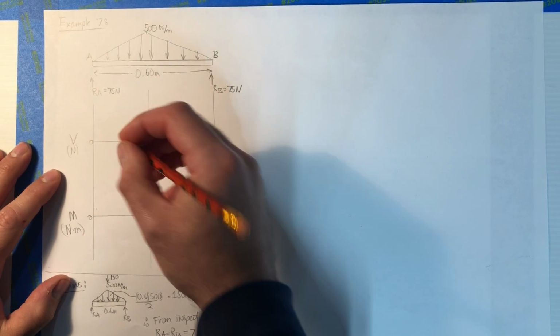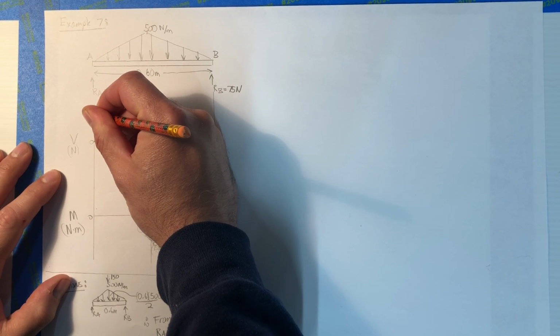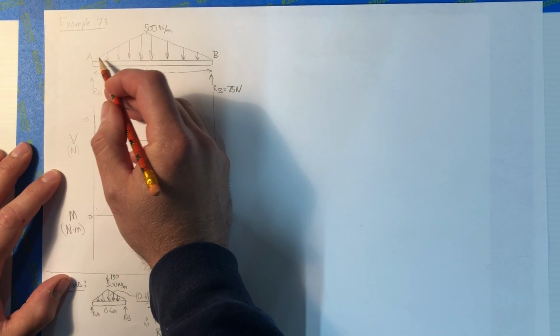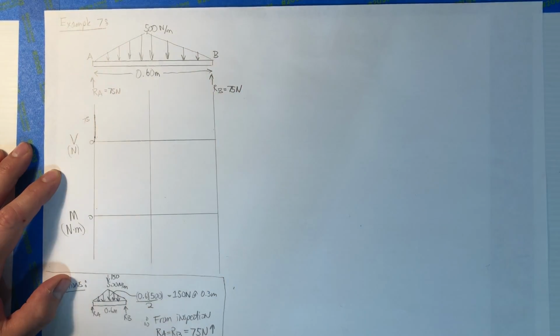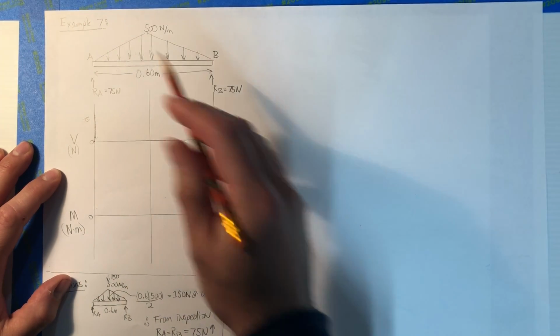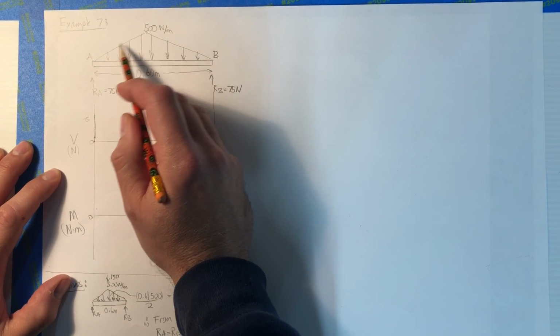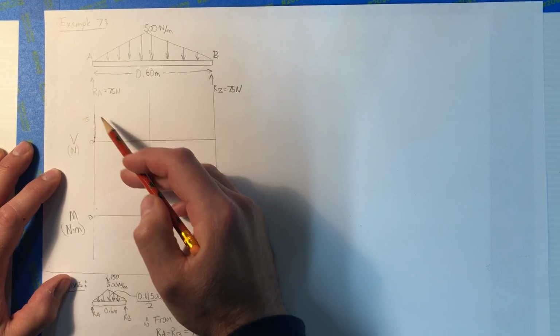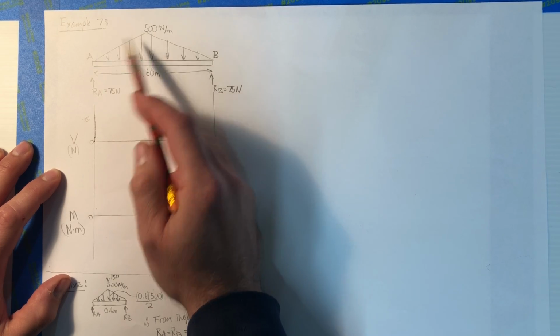So if I had to do the shear diagram for this, I'm going to shoot up 75, right? 75 right there. Now, this is a distributed load, and it's already first order, right? So just the curve itself is a first order line. All the other stuff was concentrated loads. Those are zero order. So the first line I draw, if this is first order, straight line, it has to